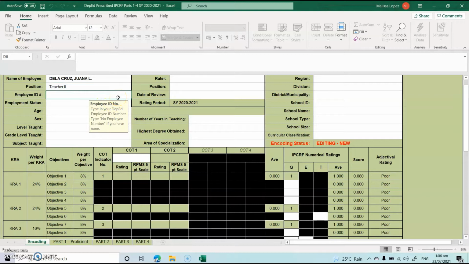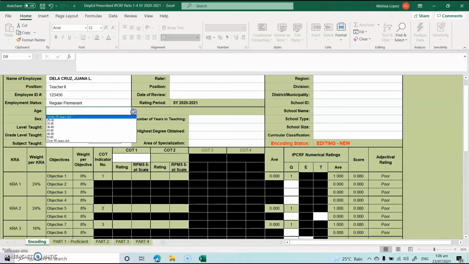Then employee ID. So please type here your employee ID or encode here 1, 2, 3, 4, 5, 6. This is just an example. Employment status. So you select regular, permanent. And then age. So you just have to select here your age. So for example, you belong to age ranges from 25 to 30. Then sex,